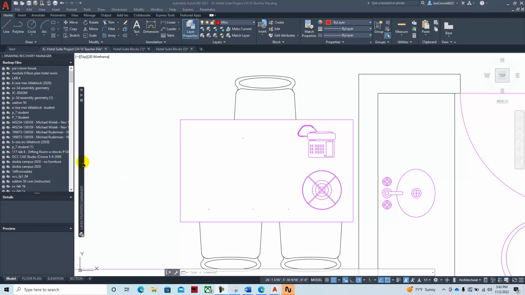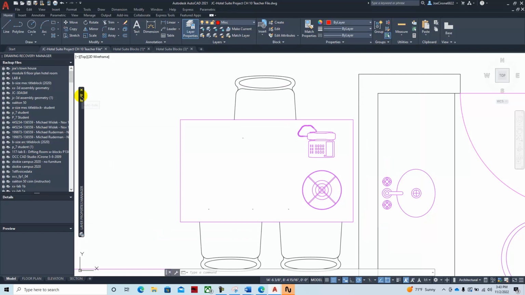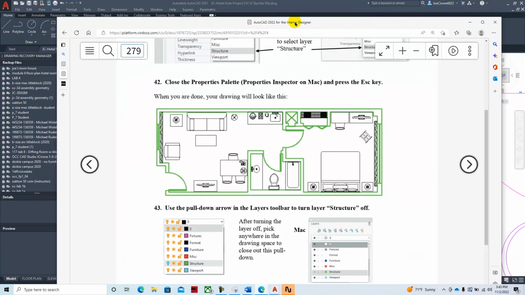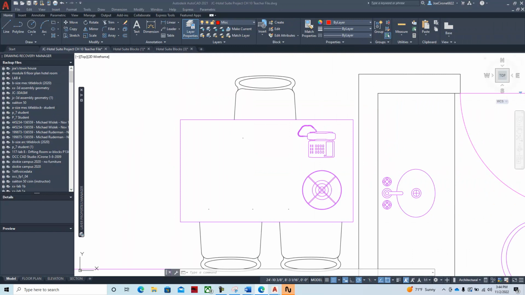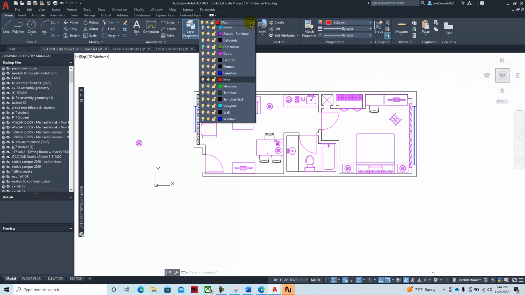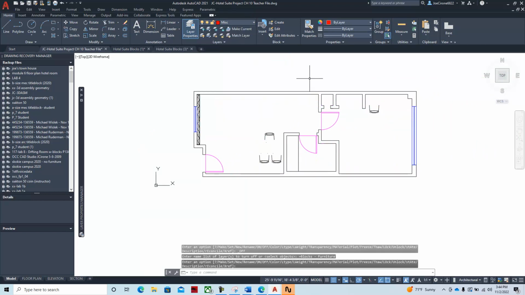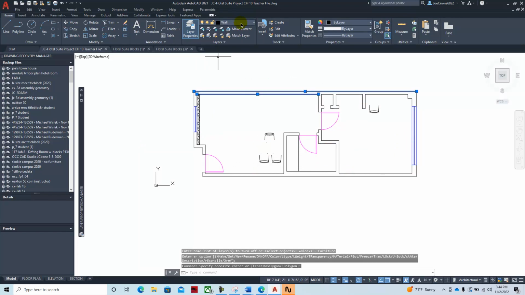So we've set our different layers now, and we still have our layers from our original block. But as we go through and we work through the textbook, what we're going to do is put the structure, which would be the walls and the windows, on the structure layer. And so depending on how you want to work this, what I would probably do would be to turn off this layer here, and then I would go through and select that, put it on the structure layer,